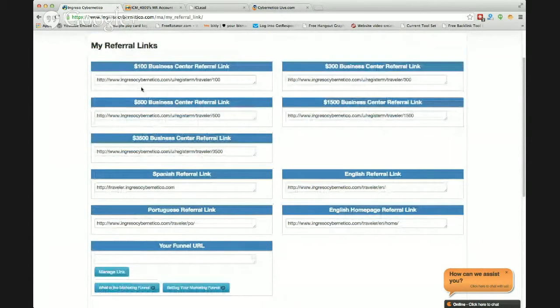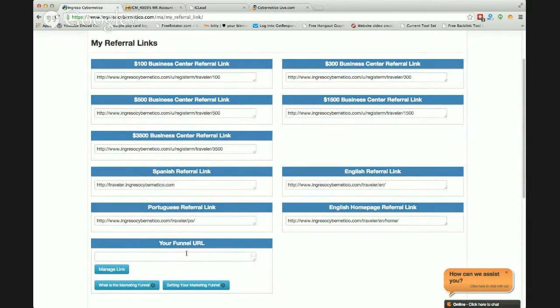Okay, so if you haven't watched these yet, you can go ahead and watch all of them if you want, or just pick one. Of course, you still have the English, and then a regular link, and then the English homepage link, and then you have a Portugal referral and a Spanish referral link as well, right? You can set up your funnel URL right there, but then you also have the different business centers up through the $3,500 business center. And what that is, a custom video, right, that plays and talks about just that